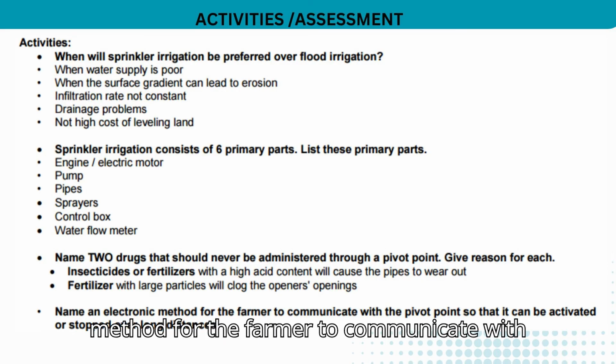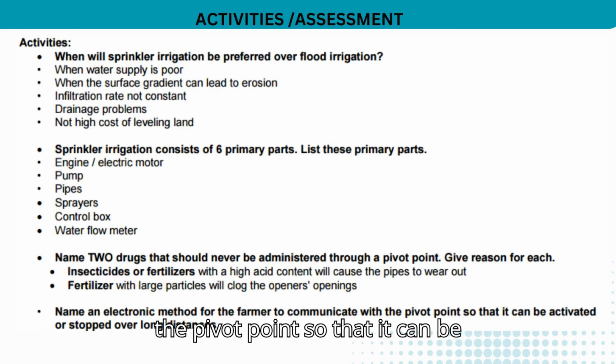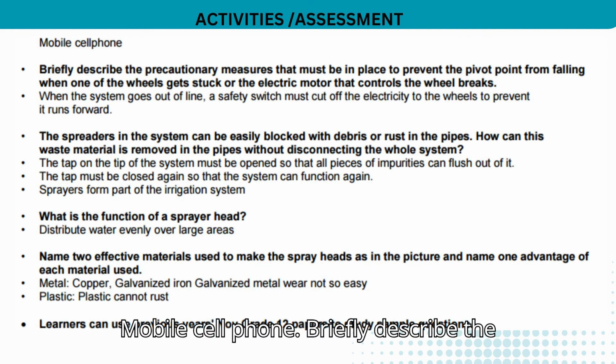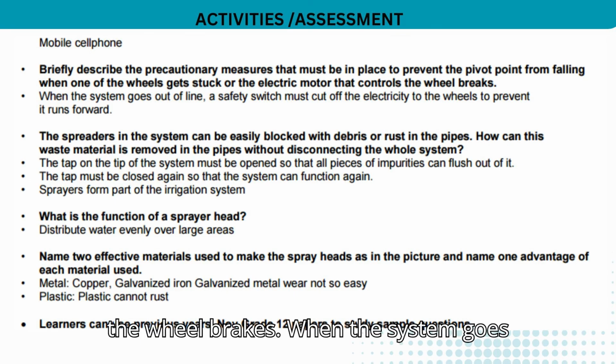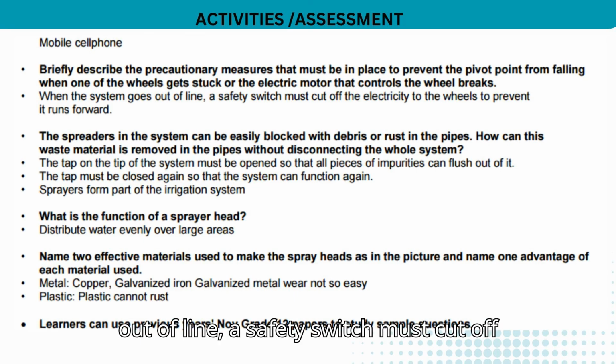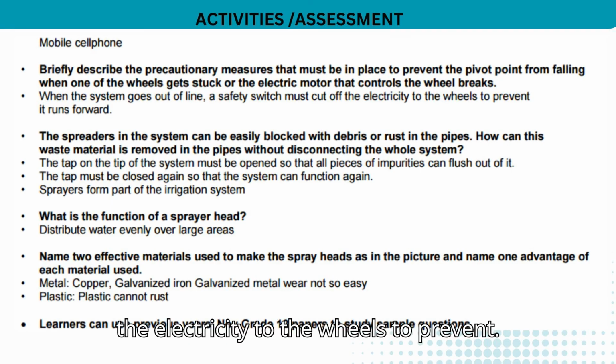Name an electronic method for the farmer to communicate with the pivot point so that it can be activated or stopped over long distances. Mobile cell phone. Briefly describe the precautionary measures that must be in place to prevent the pivot point from falling. When one of the wheels gets stuck or the electric motor that controls the wheel breaks, when the system goes out of line, a safety switch must cut off the electricity to the wheels to prevent